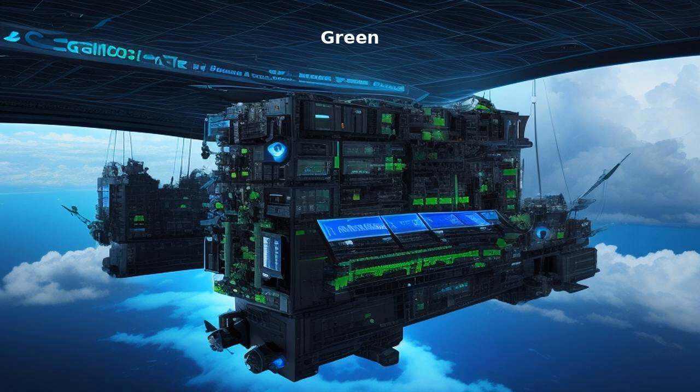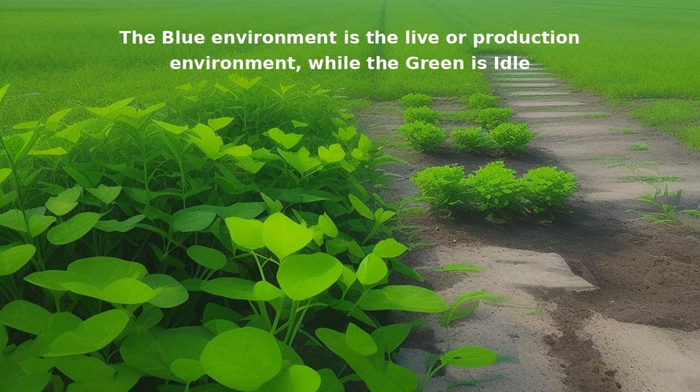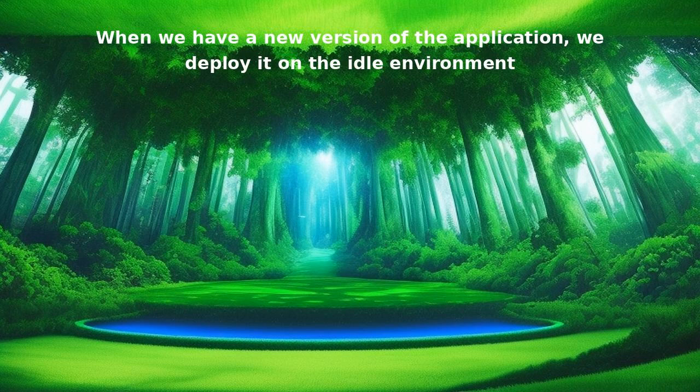Now, let's deploy the new version of our Flask application to the green environment. After the deployment, it's crucial to thoroughly test our application in the green environment before making the switch. If everything is working as expected, it's time to perform the switch. For the final step, we update our router so that all incoming requests are now directed to the green environment. The green environment becomes the new production environment, and the blue environment, the previous version, becomes idle.